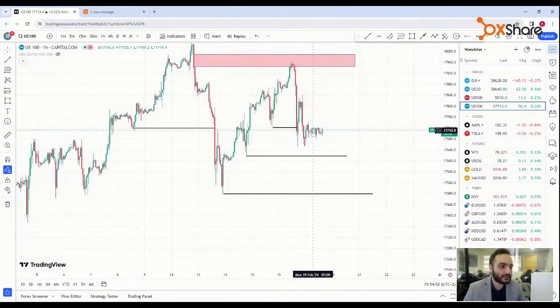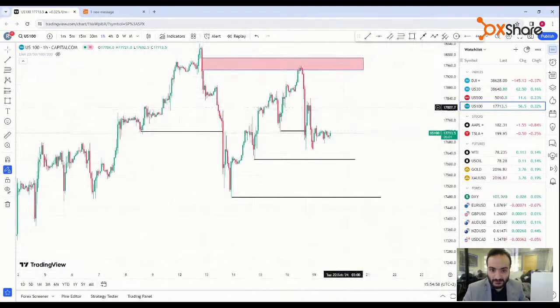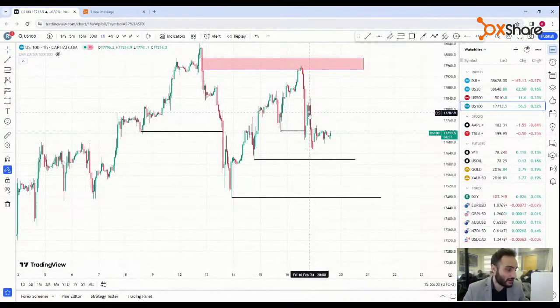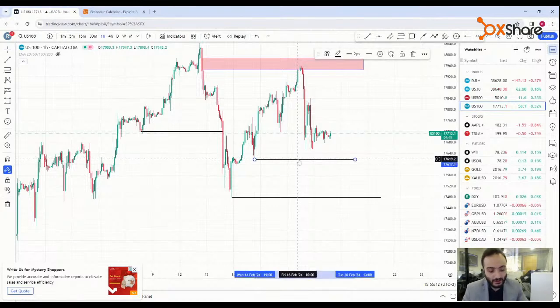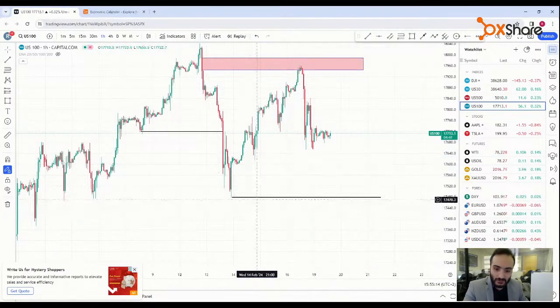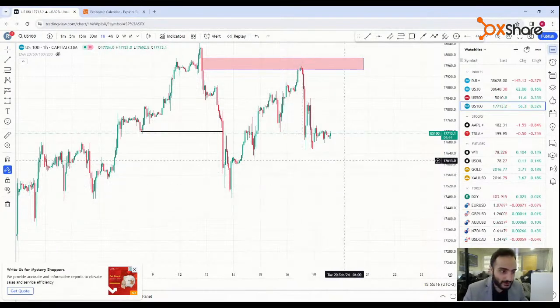Of course, we will not see some big movements today due to market close in the US and Canada. So yes, I expect we will see these movements coming this week based on the economic calendar and the big news coming out this week related to the US economy. So this was it for the analysis.